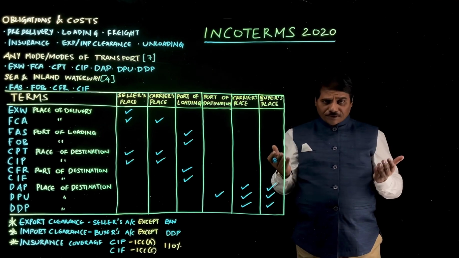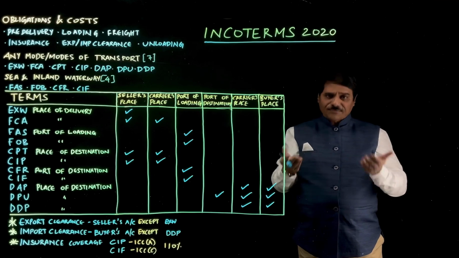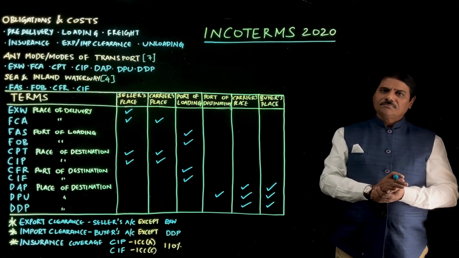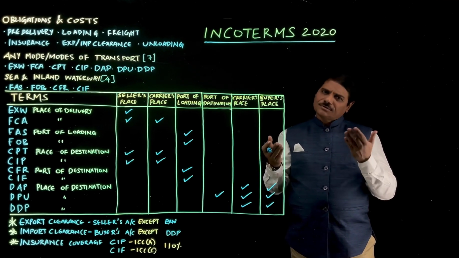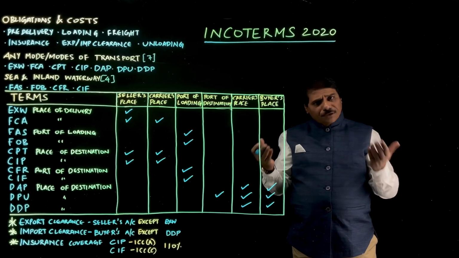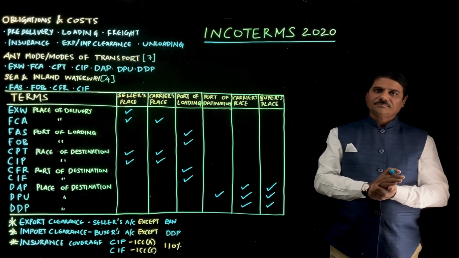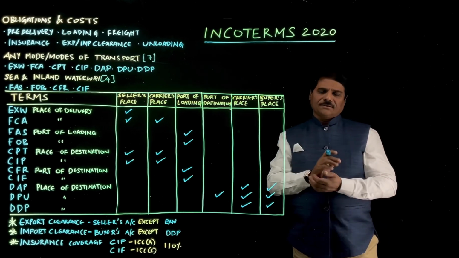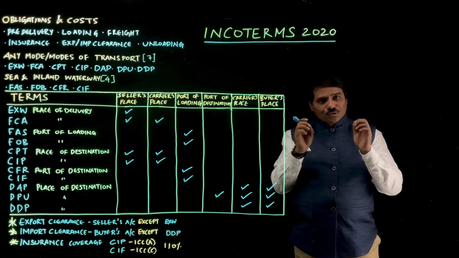So suppose if you are comfortable with Incoterms 2010, the previous version, you can still adopt international commercial terms 2010 as long as buyer and the seller are comfortable with Incoterms 2010. So that is the reason you have to be very specific about the source of Incoterms,